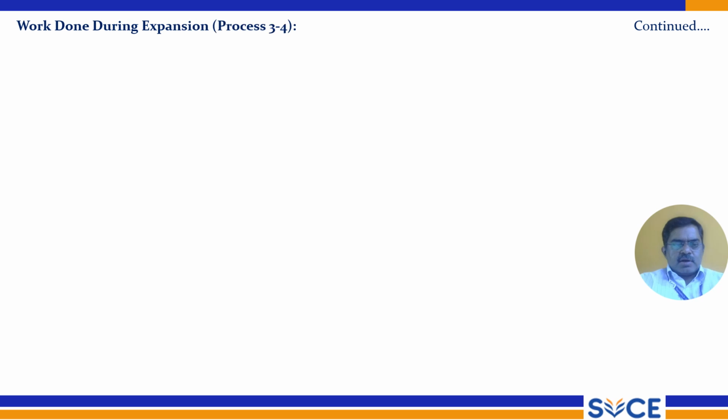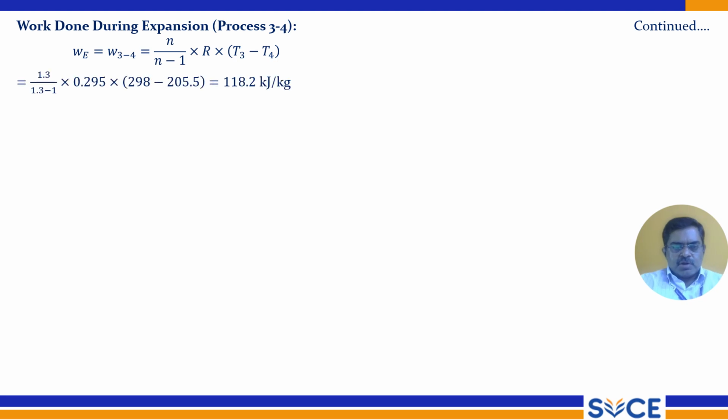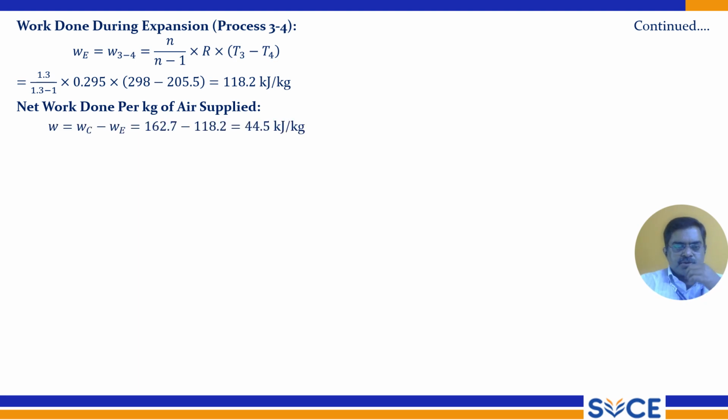Then we can find out the work done during the expansion process, that is process 3 to 4. We = W3-4 = n/(n-1) × R × (T3 − T4) = 1.3/(1.3 − 1) × 0.295 × (298 − 205.5), which is equal to 118.2 kilojoules per kg. Net work done per kg of air supplied is Wc minus We, 162 minus 118, so that comes